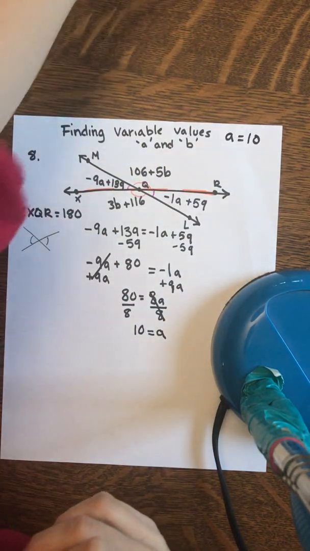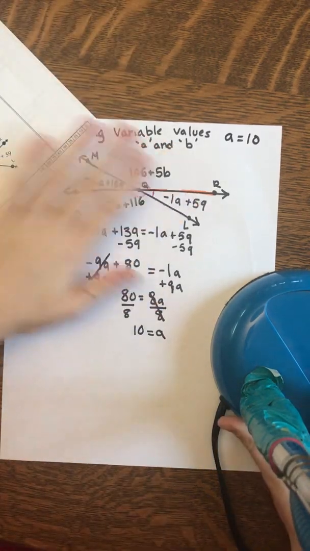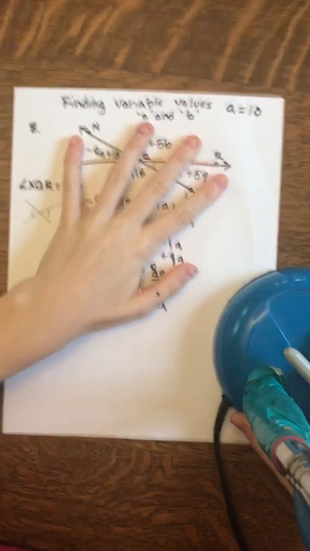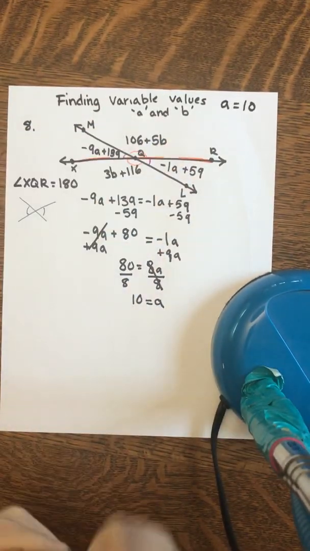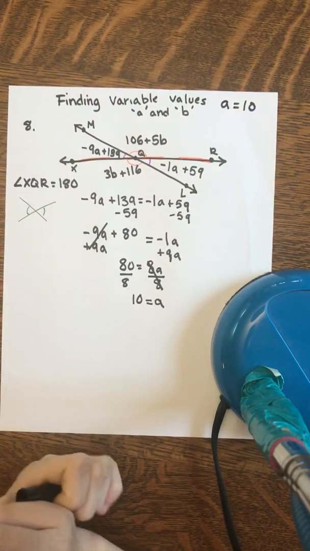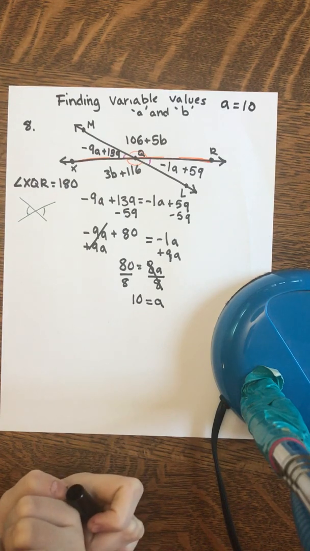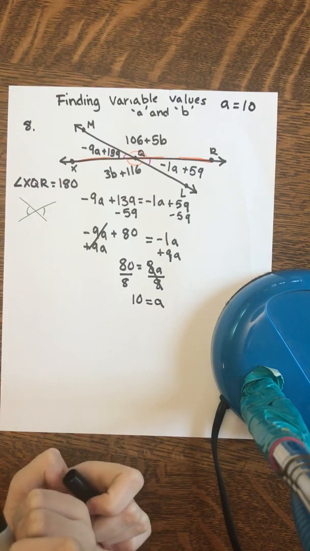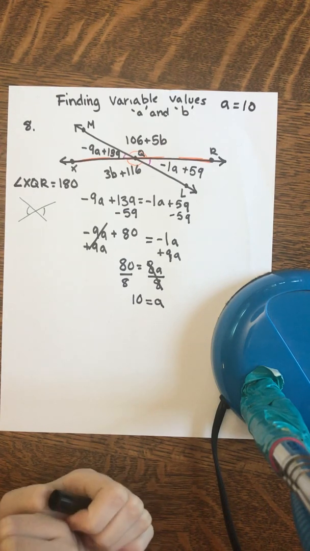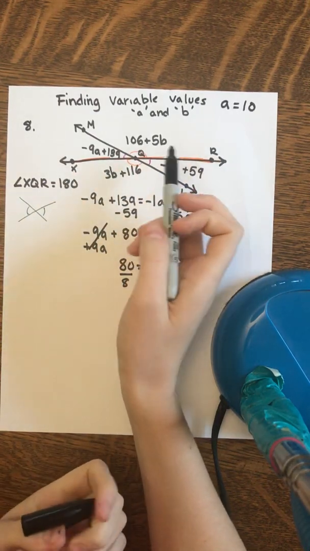So the next portion, I need to solve for b. Sorry, I'm just moving up the piece of paper. So this is where the information about XQR is really important. XQR is 180 degrees because it is a straight angle. Let's remember what also adds up to 180 degrees. Supplementary angles. Supplementary angles add up to 180 degrees. And if XQR is 180 degrees,